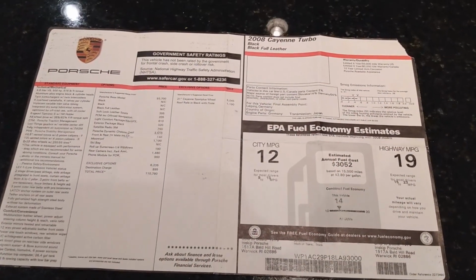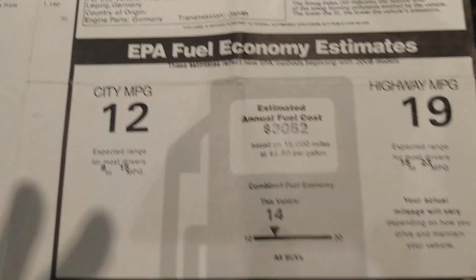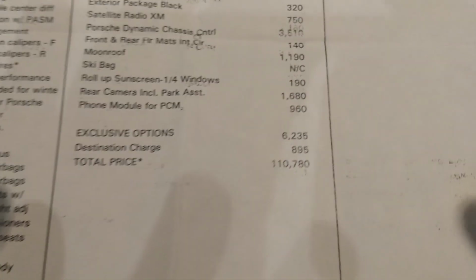So you know you have a fine automobile when you have the window sticker. It means it's been serviced, taken care of, you have the records, and that's a good thing. 12 miles per gallon in the city, 19 on the highway. That's what you immediately notice there. 2008 Cayenne Turbo, black with black full leather. Good stuff. And then we'll go to the total price, which is